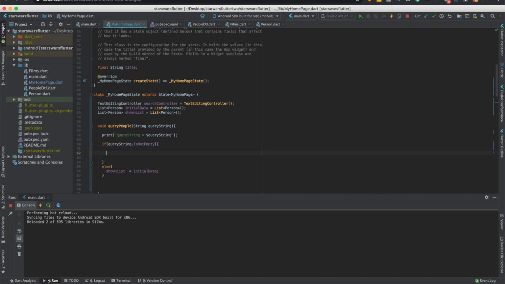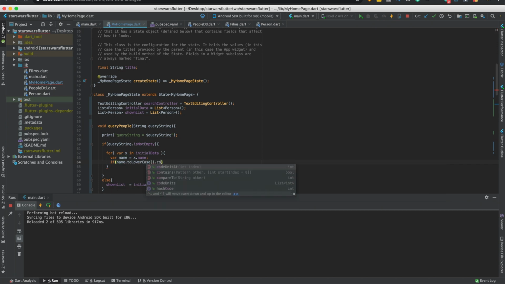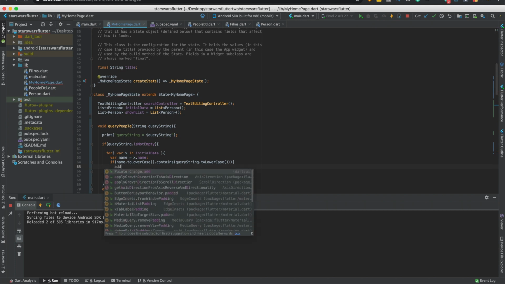But if it's not, we'll just loop through the initialData. And we'll get the name. And if the name toLowerCase contains the query string toLowerCase, we'll add